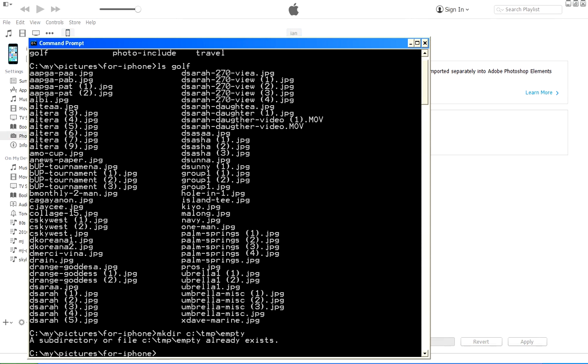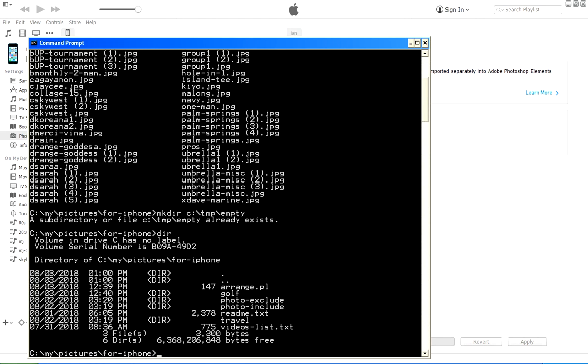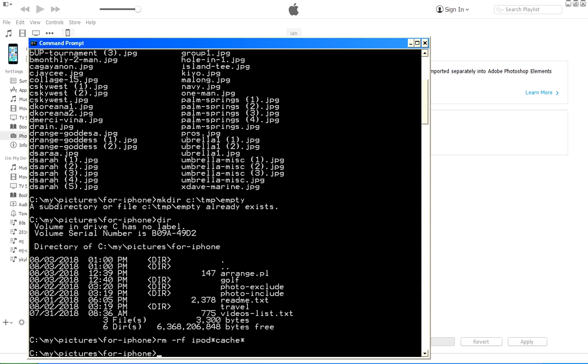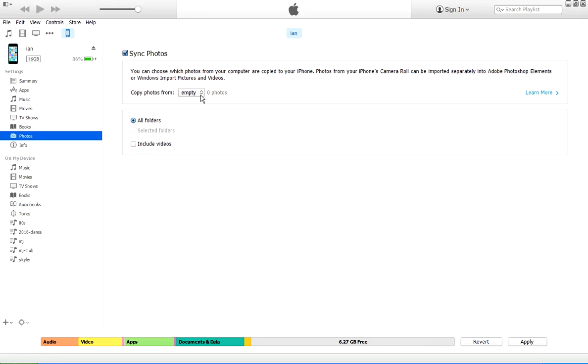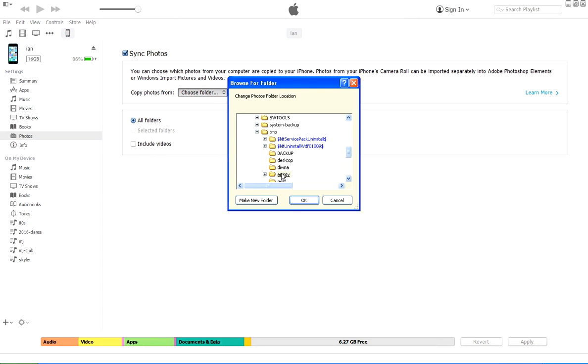Then you delete the iPod cache directory if it exists. You go rm -rf iPod star cache. I don't have it here because I already deleted it before. So make sure there's no iPod cache directory. So now there's no more albums in your iPhone. You already deleted them. And now you change back to the